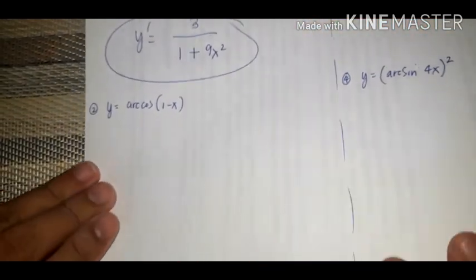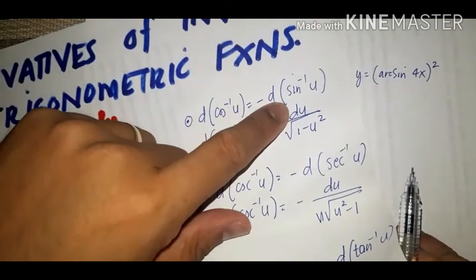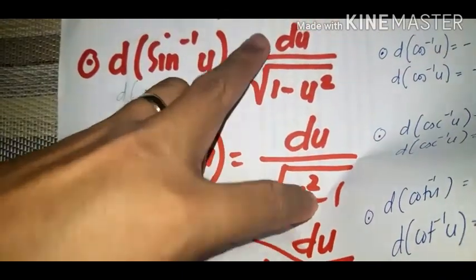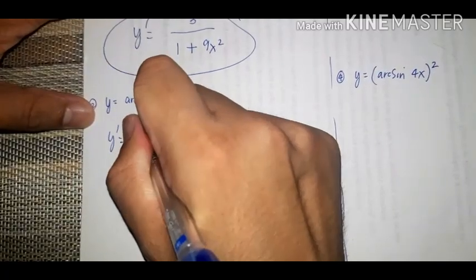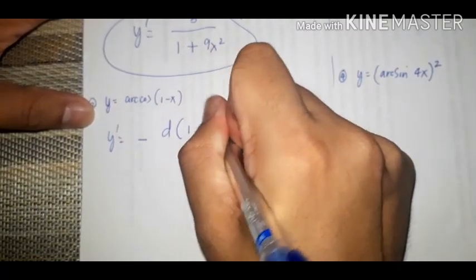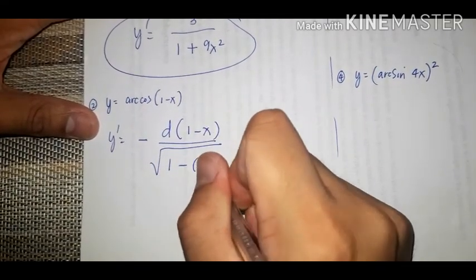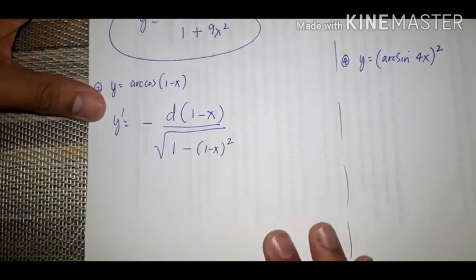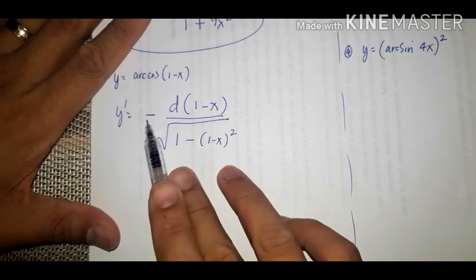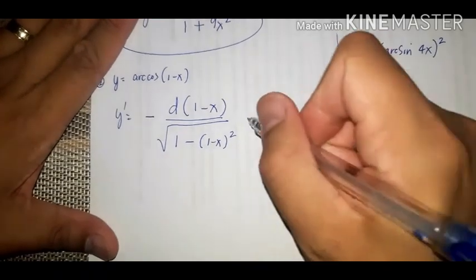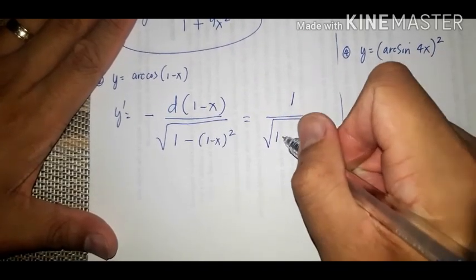So, next example here is arccosine. So, di ba, ang sabi natin, pag arccosine, it is just the negative derivative ng arcsine. So, but the derivative of arcsine is du over square root of 1 minus u squared. So, this gives you y prime equal to negative derivative of 1 minus x over the square root of 1 minus x raised to the second power. So, I just need to get the derivative of 1 minus x, which is negative 1, preceded by a negative that gives you positive. So, this gives you positive 1 over the square root of 1 minus